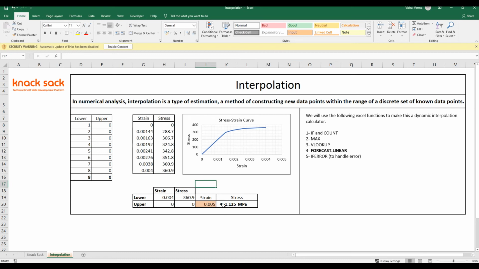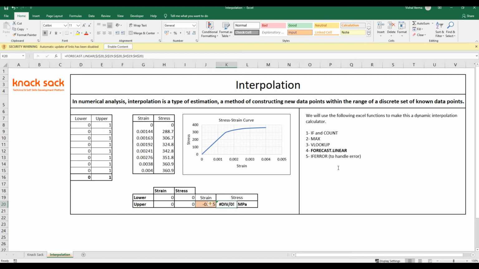Okay, so we will use if condition to freeze this. Again check for some negative strain values, minus 0.005. What we are getting? Divide by 0 error. So in the beginning I specified that during the calculation, if we are getting any error like divide by 0 or anything like that, we will use IFERROR function to handle those types of errors.